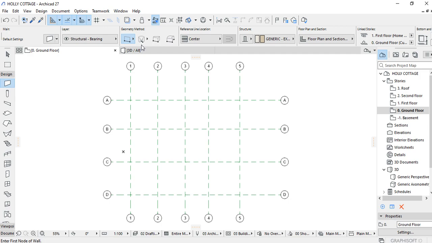So when we come here, we have the various drawing forms. So we can draw it as a trapezoidal, or a polygonal, or a straight. So in this case, we can maintain the straight option. So here we can choose to be at center. So now we could be able to